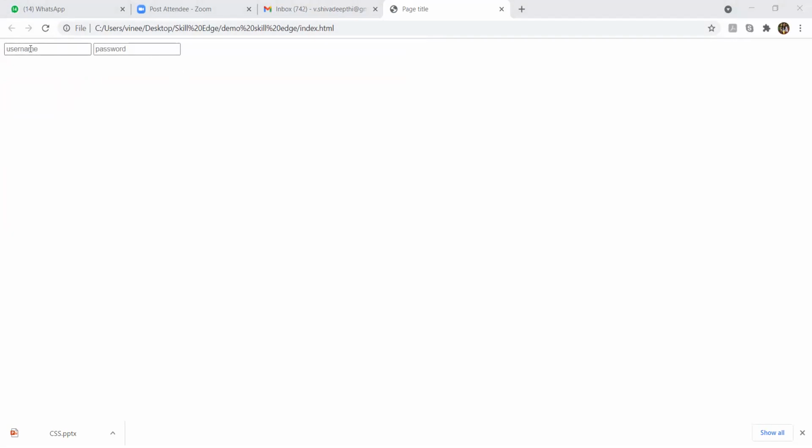And inside that, without typing anything, you are able to see username and password already being displayed here. This is called the placeholder, and whatever content we mention inside this box, username or password, we put it under placeholder.